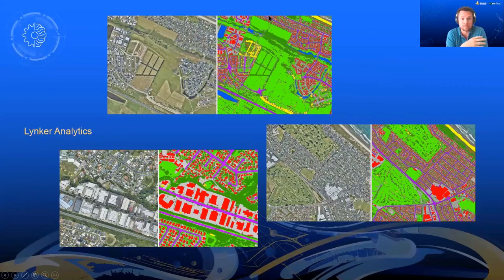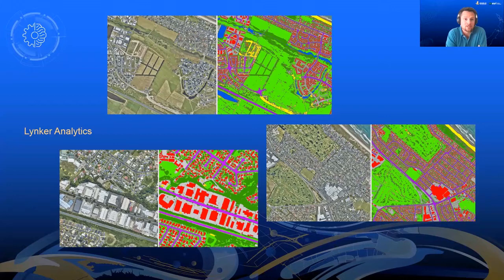In previous times, this would be a manual task, and it would take a lot of time to create this layer for the 210 square kilometer area. But Linker used machine learning on the 10 centimeter resolution imagery that was captured in 2019 to extract 8 different land use classes. They used Python, TensorFlow, and Keras to build convolutional neural networks and train these using annotations created in ArcGIS. After the machine learning produced the different land use classes, ArcGIS was used to vectorize and post-process all the results, like making sure that the output is all topologically correct.